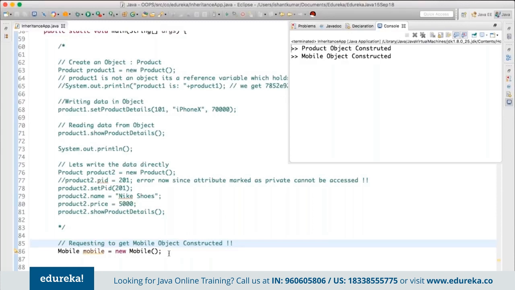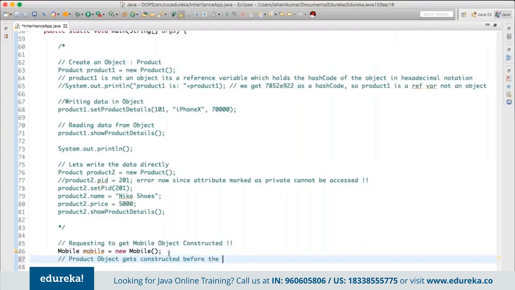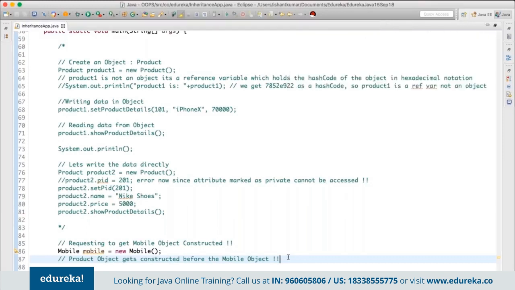So what is the behavior here? The product object gets constructed before the mobile object. As a rule of inheritance, firstly you get the parent object constructed and then the mobile object constructed. So guys, I hope this is clear, right? So what is happening here? We have the parent object constructed before the mobile object, as this becomes the rule of inheritance,